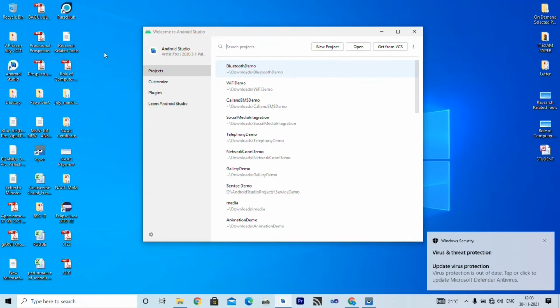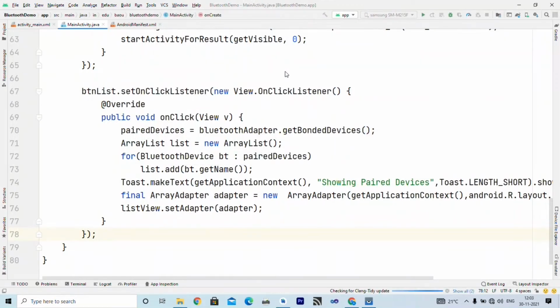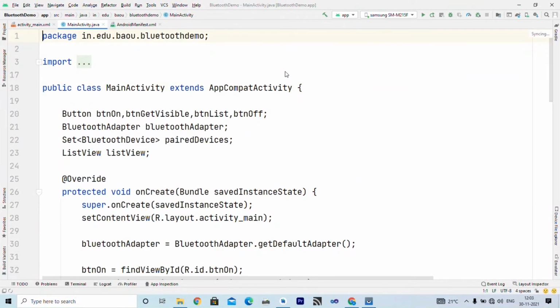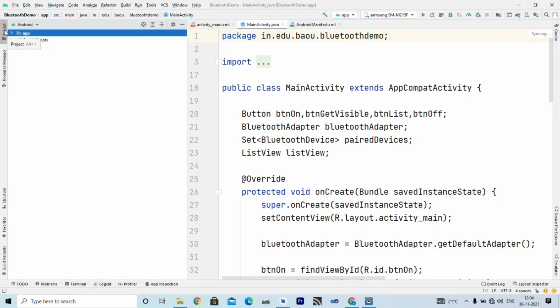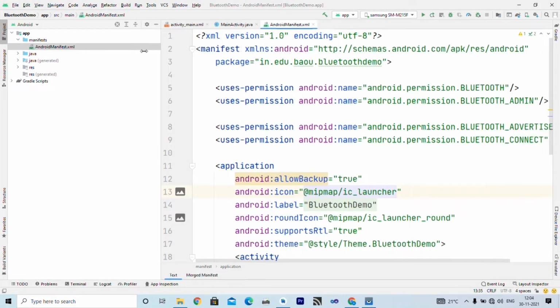So on screen you can see I have written one project called Bluetooth demo for you. So I am opening that project. So first we will understand the manifest file. So this is our project structure, you can see on the screen, and we require certain permissions to use Bluetooth in the app. So for that you have to include these permissions inside your